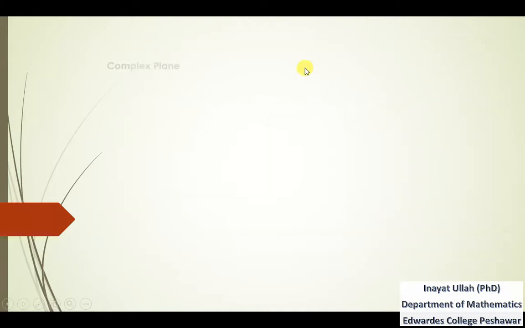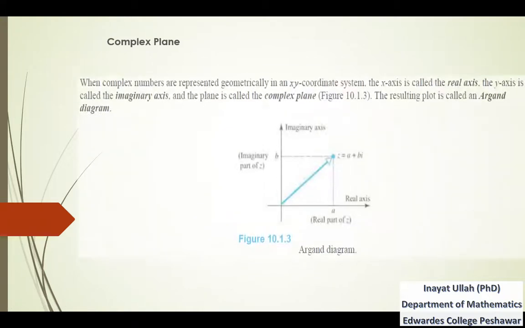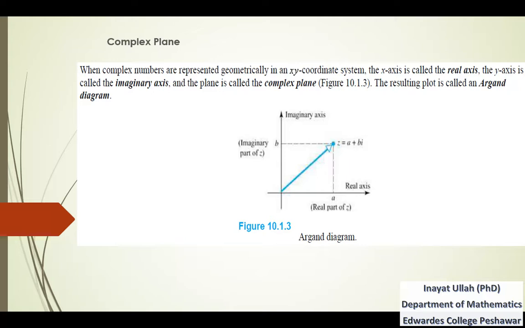Now in the coming slide we are going to study the complex plane. What is a complex plane? For example,